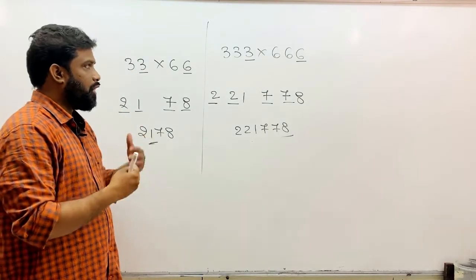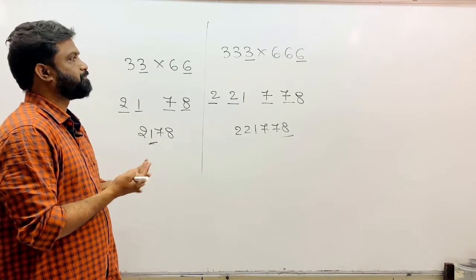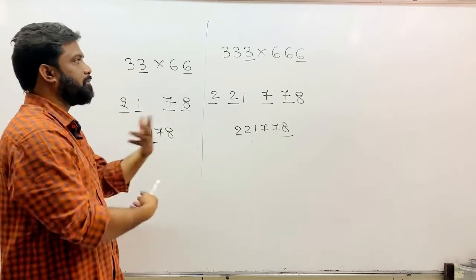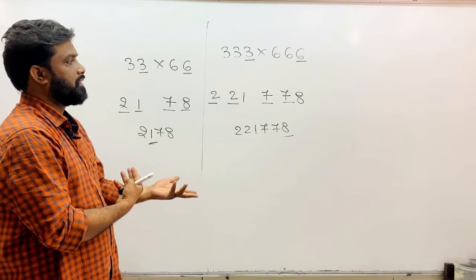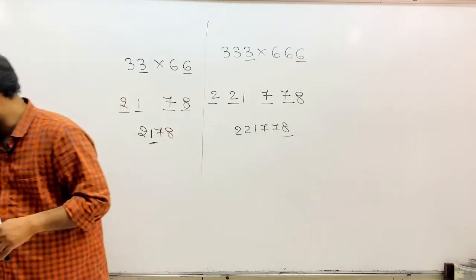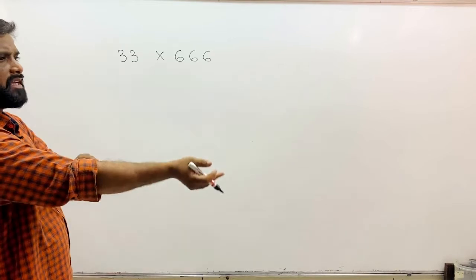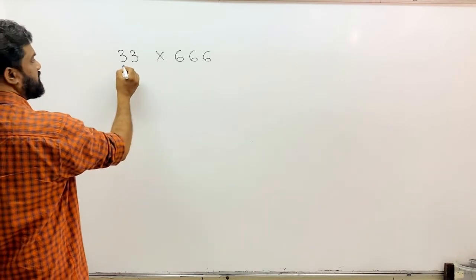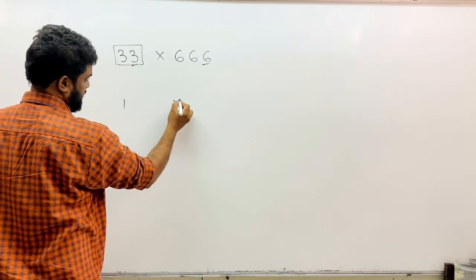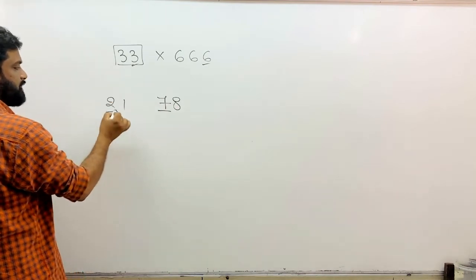Okay, now on one side there are 3s and on the other side there are 6s, and I agree that the number of digits are the same on both sides. What if in this case the number of digits are not the same, or are unequal? We will see that case. So friends, here you have 2 3s and there you have 3 6s, right? So the same thing, insertion of 9s. First I'll take the minimum criteria. I'll take 2 3s. So 3 and 6 makes 18. So 1 digit here, 1 digit here, so it is 7 and it is 2 here as per the rule.